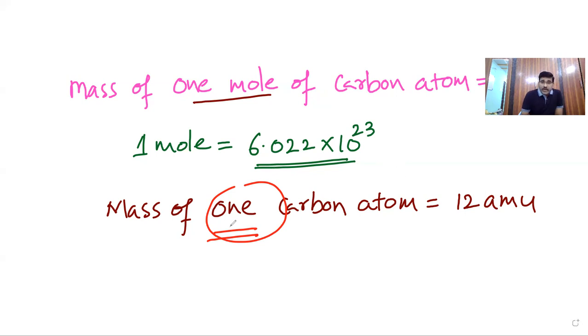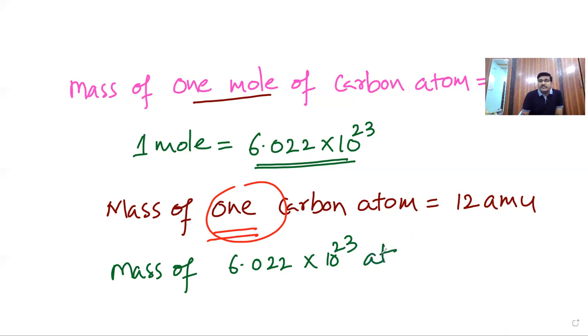Now, 1 mole consists of how many atoms? Avogadro number of atoms. So the mass of 6.022 into 10 to the power of 23 atoms of carbon